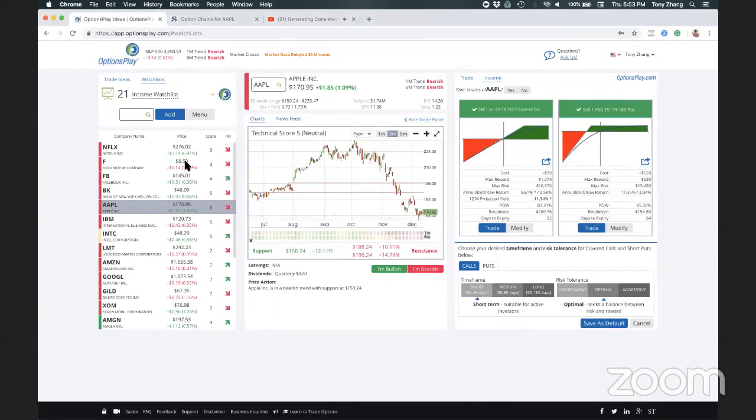So Richard's asking a really good question. All of your examples show a cost near the current close. How about costs that are way underwater? Will the recommendations adjust both strike and expiration? So it won't adjust the strike and expiration based on the fact that you're underwater. And the fact that you're underwater is not a problem. You can still sell cover calls. Just understand that you do have the risk of ending up selling your stock at a lower